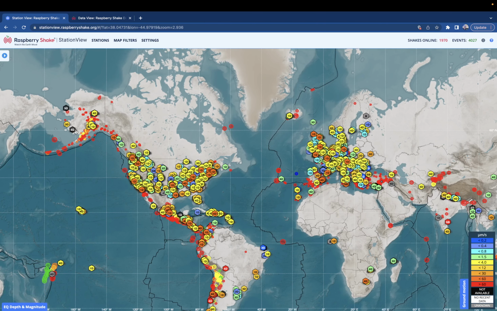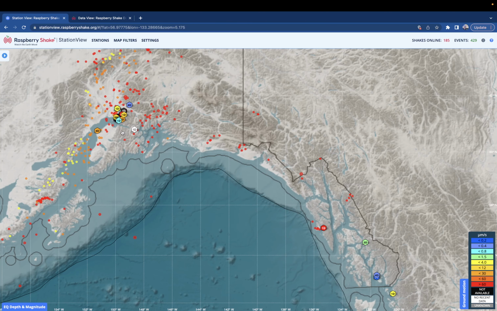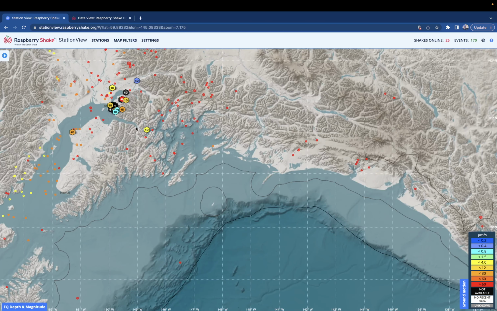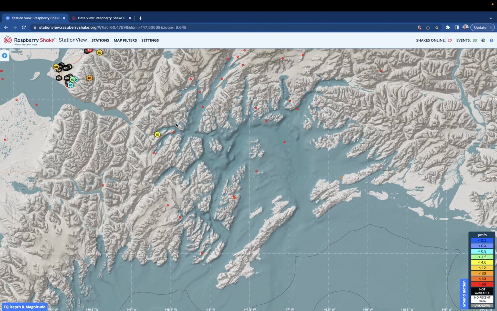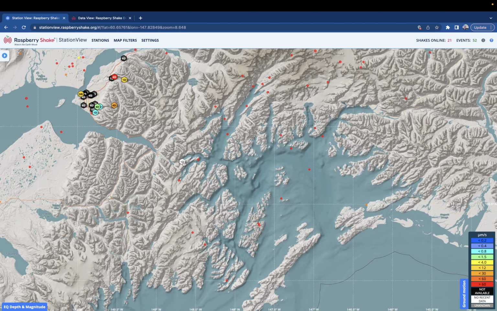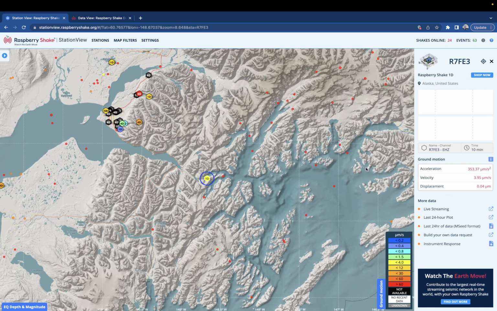Quickly, I will show you how to find a sensor here, and really the easiest way is to zoom in to the area where you want to explore. I've zoomed in here in Prince William Sound and see that there's a Raspberry Shake 1D sensor in Whittier that is sharing data. The 1D versus 4D versus SB versus 3D denote different models and data components from the stations, but the 1D is the single vertical axis